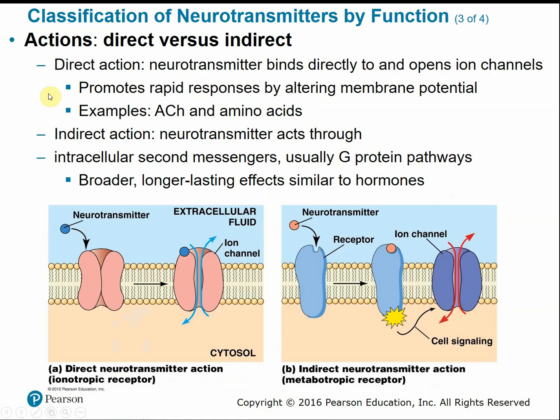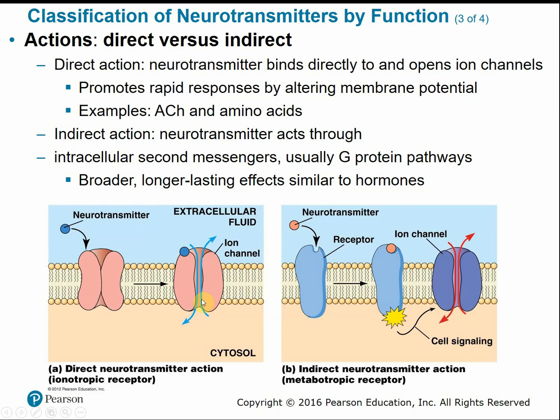Actions could be direct versus indirect. A direct action is when the neurotransmitter binds directly to the channel and opens it. This would be a much more rapid response to generating those action potentials. Acetylcholine was a good example that we've already looked at. Acetylcholine binds directly to those receptors on the muscle cell membrane, causing the channels to open and sodium to